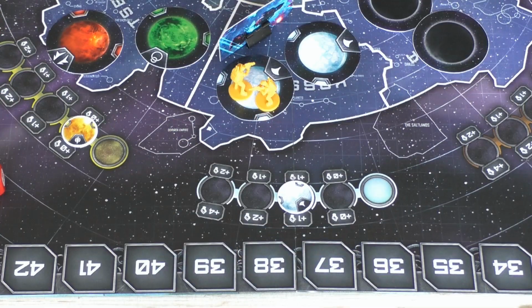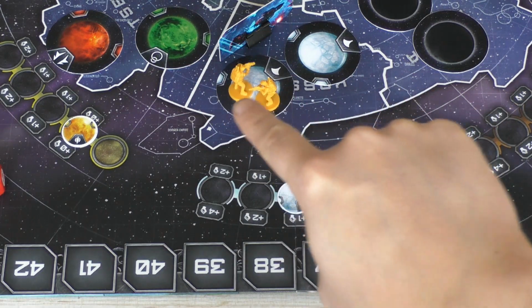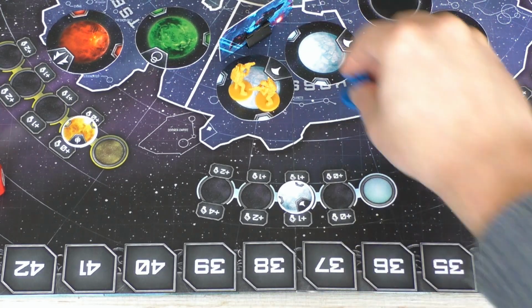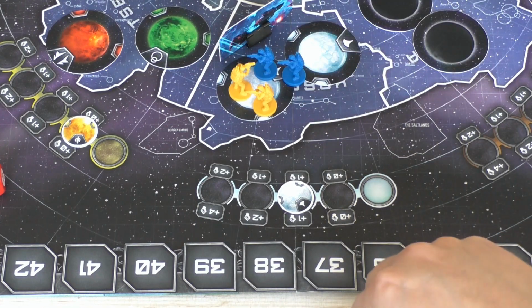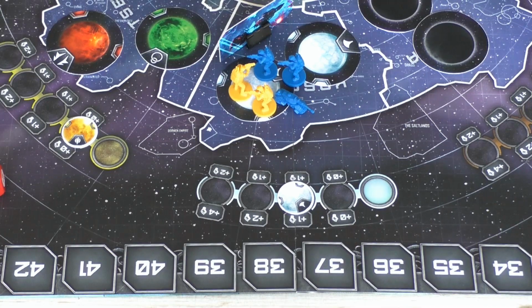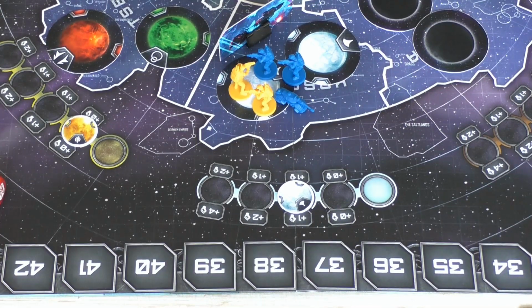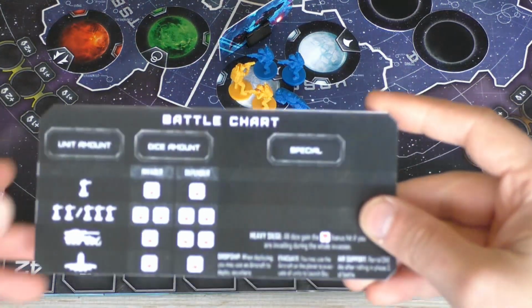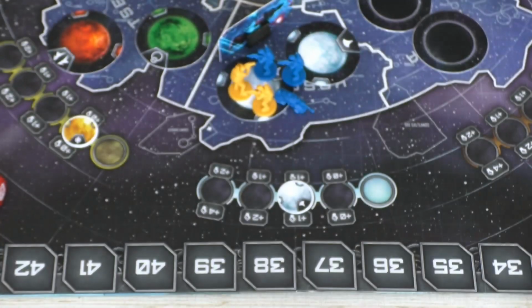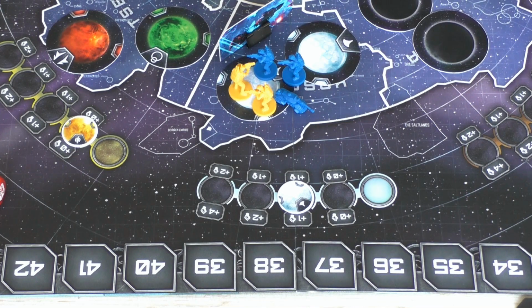Should the planet that you want to deploy on have enemy units on them, you will have to invade. To invade, you simply take up to 3 units from your reserve and place them on the planet that you're invading. This will trigger a combat. Now, combat in this game is quite simple, but you will probably need the battle shard to help you a little bit. But before we're going to do that, let's talk a little bit more about the circles on the